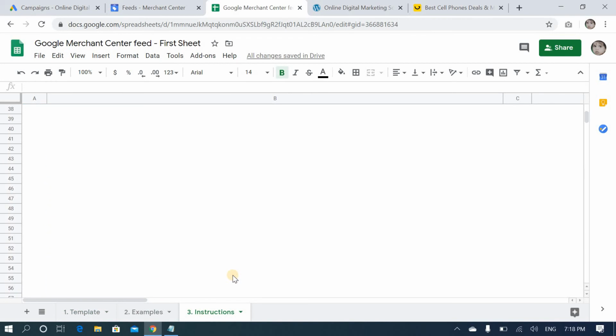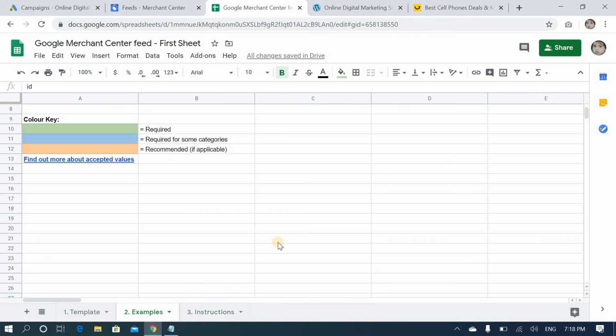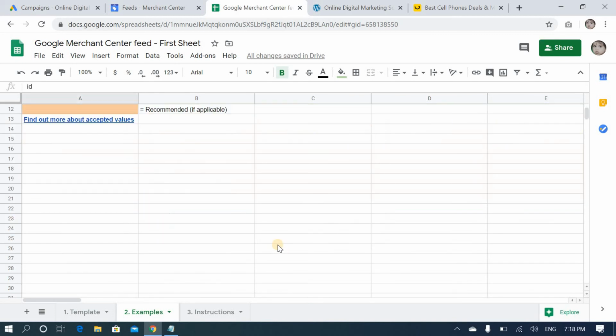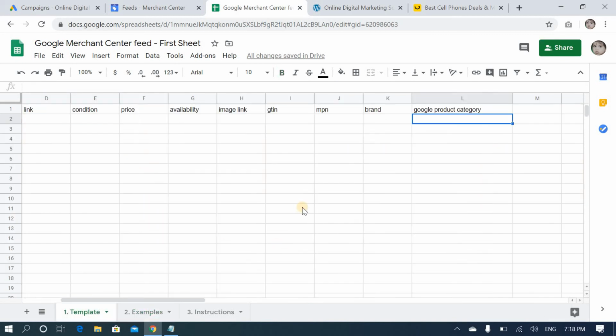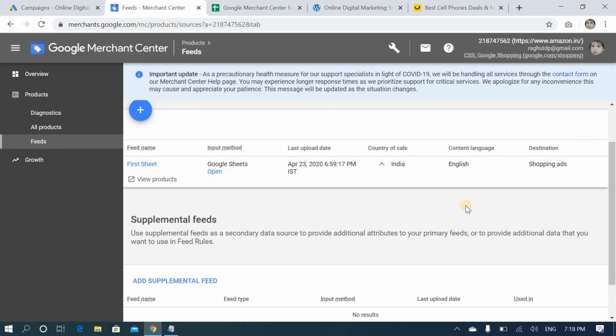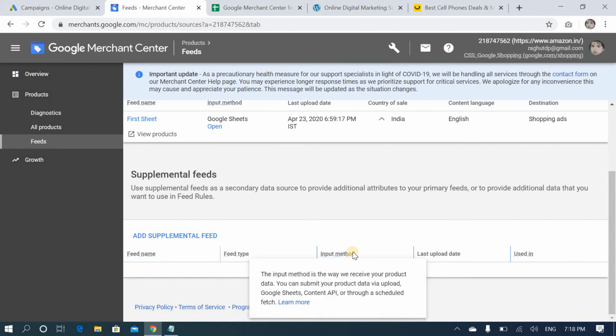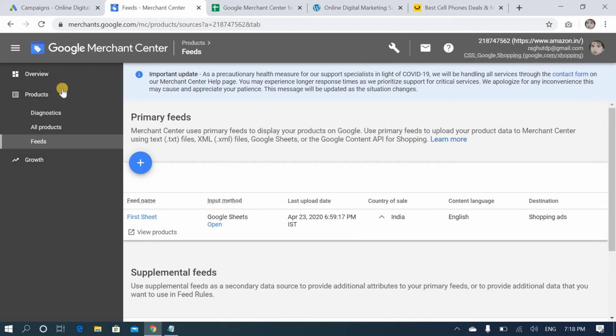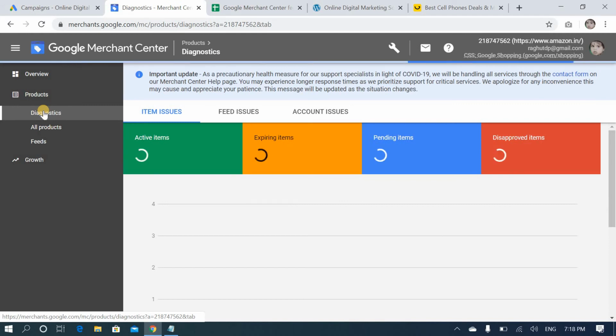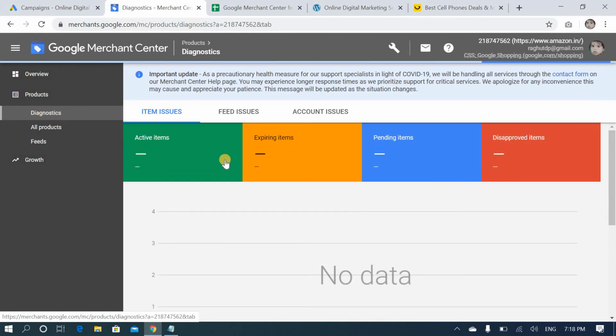You have to follow these rules and read them. Examples are also given showing which category applies where. Main thing, you have to enter all the details. Once you add all the details, here you can observe everything. If there are any issues, feed issues, account issues, you'll find all of them here.